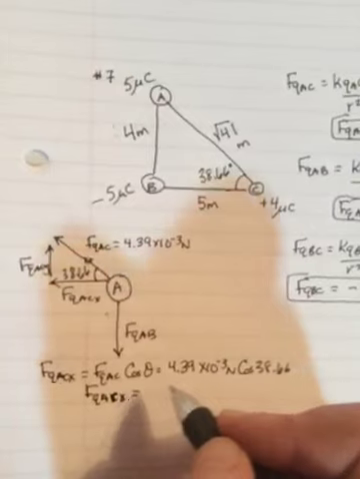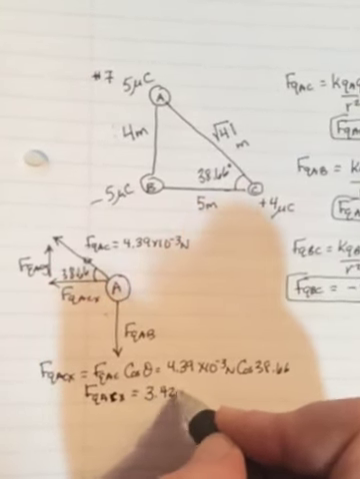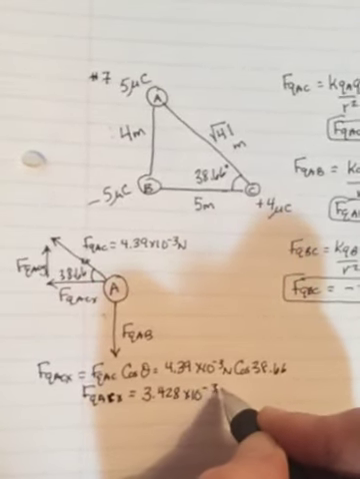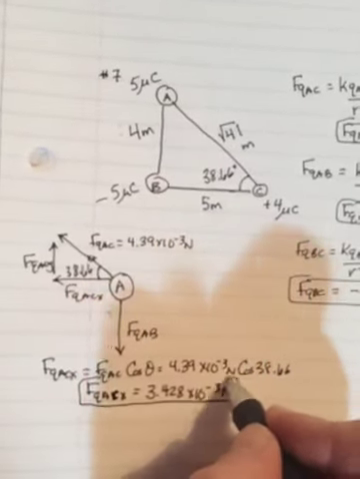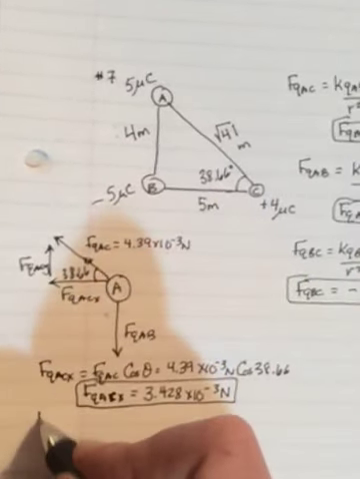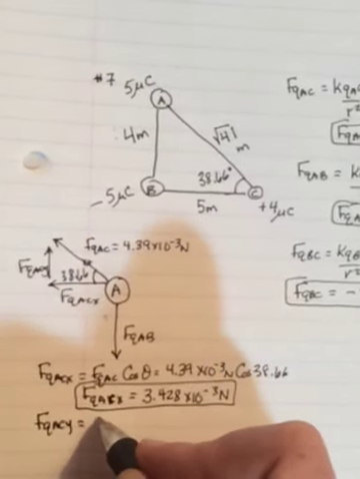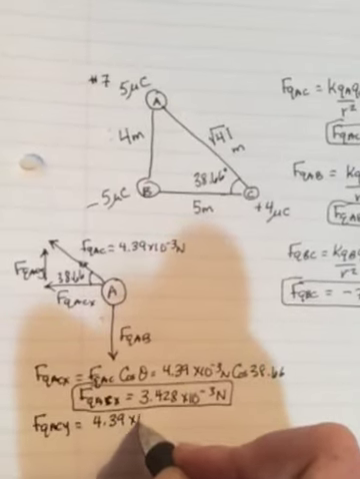And when you punch this in your calculator, you get FQACX to equal 3.428 times 10 to the negative 3 newtons. Okay, so that's my FQACX. If I do my FQACY, it's going to be sine, so 4.39 times 10 to the